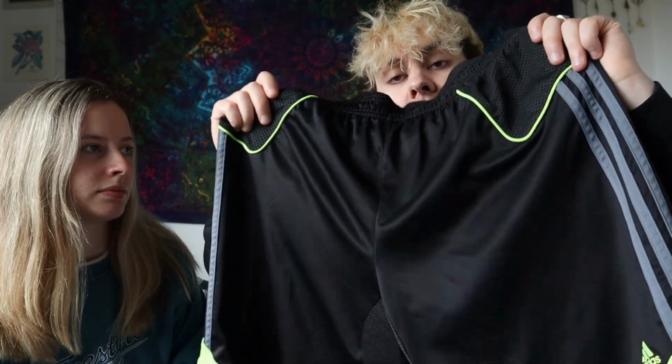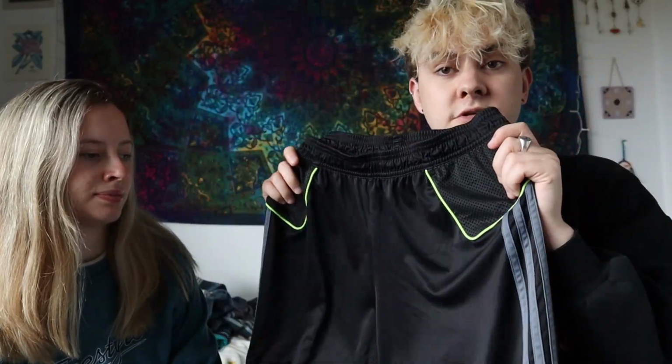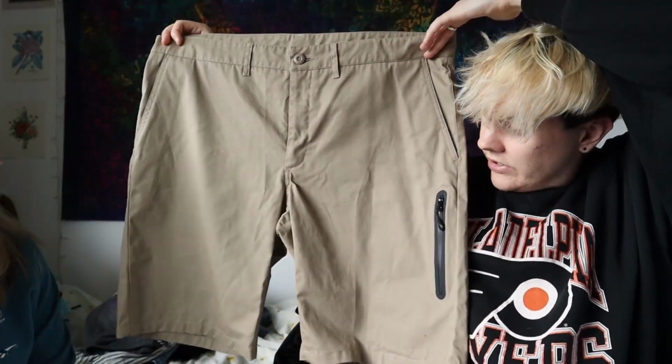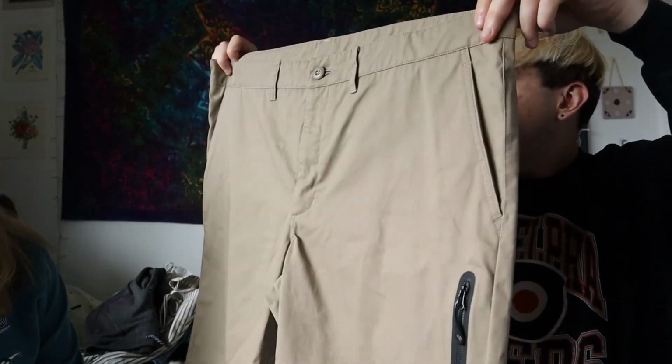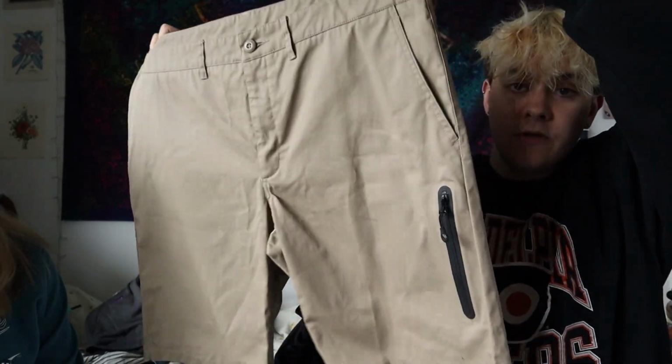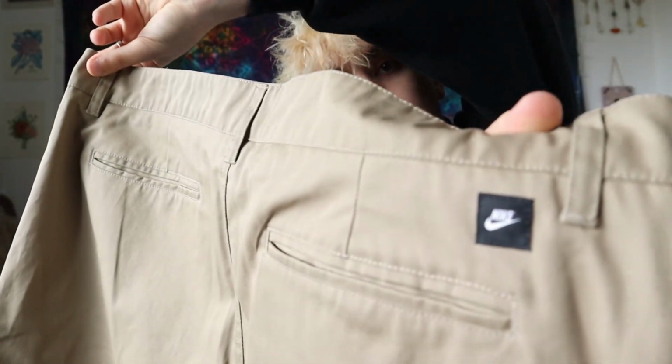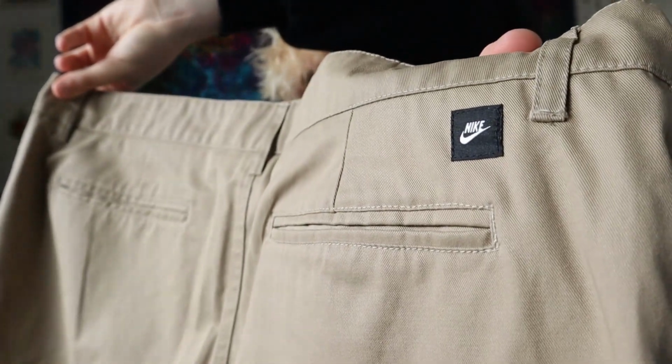Really nice, luminous green details to them, so yeah, that was really cool. Then we've also got this beige pair of Nike shorts. They are pretty subtly Nike. They've got this cool little tech pocket, but they have got the little Nike tag on the back. Nice chino material to them,